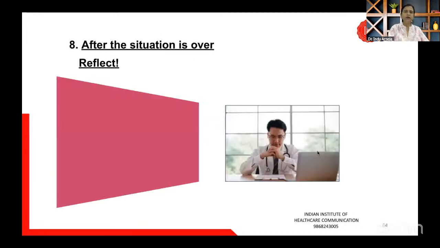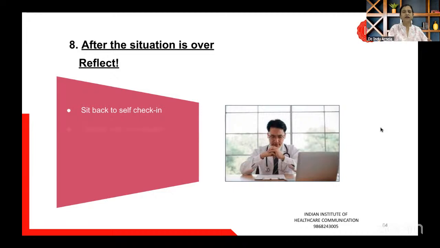After the situation is over, it's very helpful to sit and reflect. As I said, it's a very overwhelming kind of experience, so anybody would be very disturbed after doing something like this. It's good to sit back and check, how are you feeling now? How are you feeling in the situation? And what could you have done differently? Where did the communication go wrong or right? What was appropriate, inappropriate? Just revisit the incident and your conversation with the patient and family, because that's where the